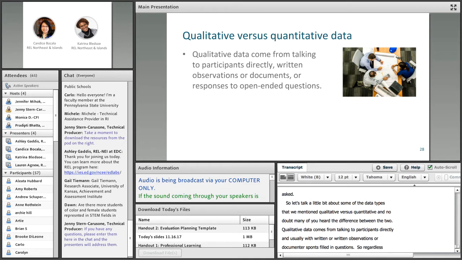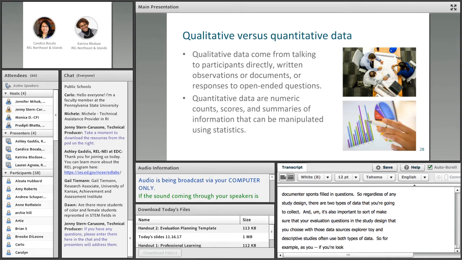So regardless of any study design, there are two types of data that you're going to collect. And it's also important to make sure that your evaluation questions and the study design that you choose align with those data sources. Exploratory and descriptive studies often use both types of data. So, for example, if you're looking at